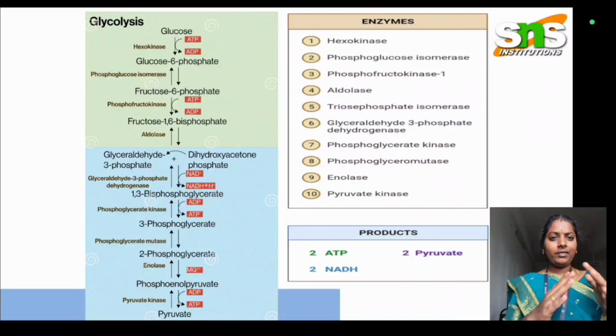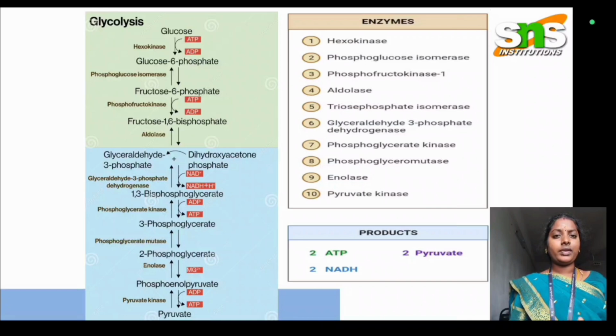So as I said, cleavage gives 2 types of products, glyceraldehyde 3-phosphate and dihydroxyacetone phosphate, and further glyceraldehyde 3-phosphate is converted into 1,3-bisphosphoglycerate with the help of glyceraldehyde 3-phosphate dehydrogenase, and 1,3-bisphosphoglycerate is converted into 3-phosphoglycerate with the help of enzyme phosphoglycerokinase, 3-phosphoglycerate is converted into 2-phosphoglycerate with the help of